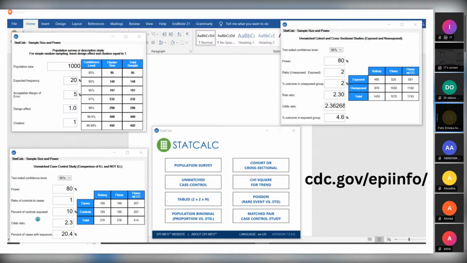Then the percent of controls exposed, you are going to get this from previous literature, all right? So the control will have an exposure. So if you're talking about noise-induced hearing loss, if it's a case control study, you will see a study where they are saying 10% of the population were exposed to noise, to dangerous sound pressure level exposure. You will get it from previous study. So you put the percent of the exposure you find for the control group.